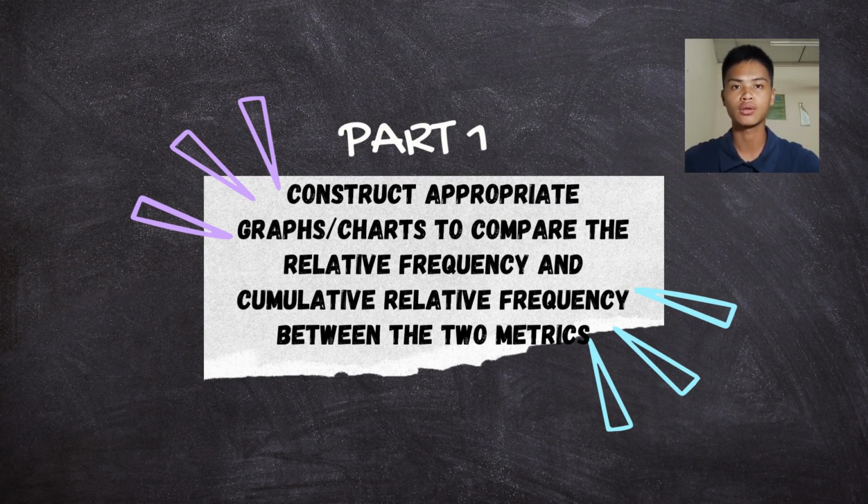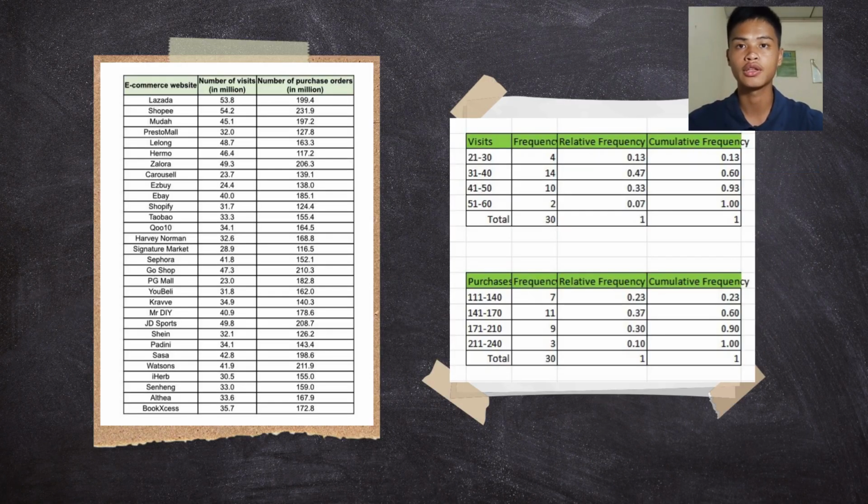For part 1, construct appropriate graphs or charts to compare the relative frequency and cumulative relative frequency between the two metrics. The two metrics are number of visits in million and number of purchase orders in million. According to the data, it was mass, so it's hard to find the frequency. We need to change it into ascending order from small to big so that we can make the range easily